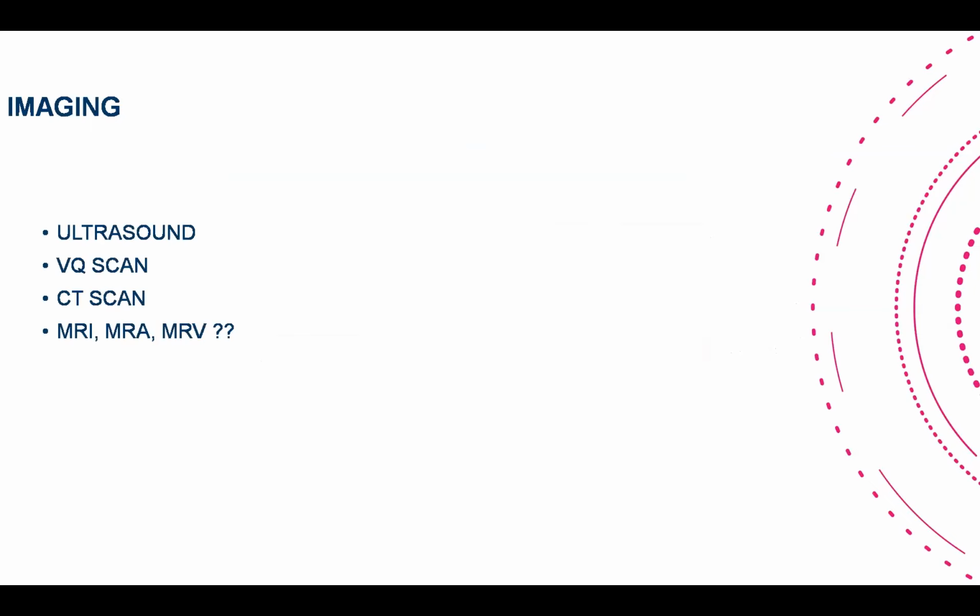Imaging of the thromboembolic disease, we do have ultrasound. Ultrasound is cheap, available, and radiation-free, but it cannot examine some parts in the body, particularly the chest. So it's not quite useful for patients with pulmonary embolism. VQ scan is an excellent tool, but it is not available in every hospital, and it's not available 24 hours. CT scan is excellent, but it has a radiation hazard. Also, we need to use contrast. MRI is excellent, but MRI again is not available in all centers.